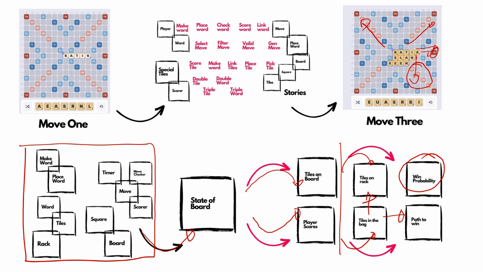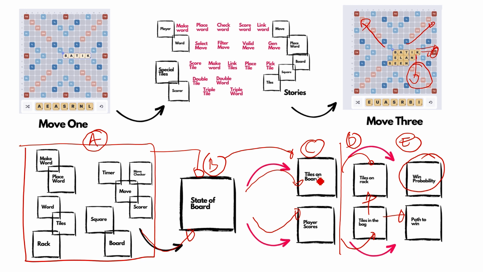So a set of actions or sequences that originate here have an impact on the state of the board, which happens here, and then this has a set of follow-on impacts here, here, and here. If you read the sequence from A to B to C to D, E, these are all indicators, all trackers of the different stages of the state transition for the board.